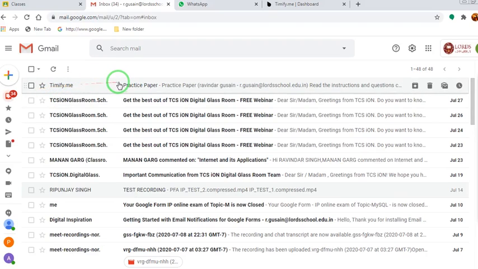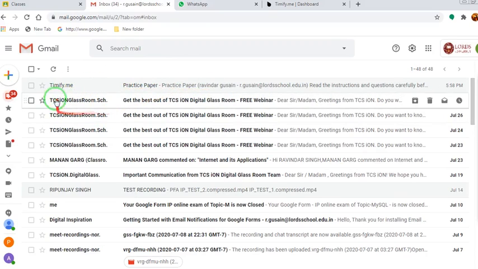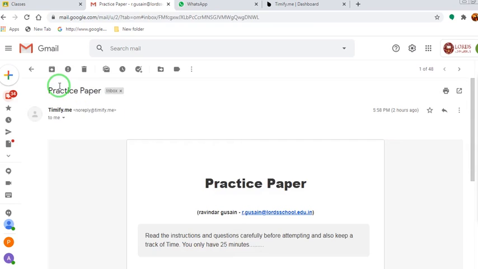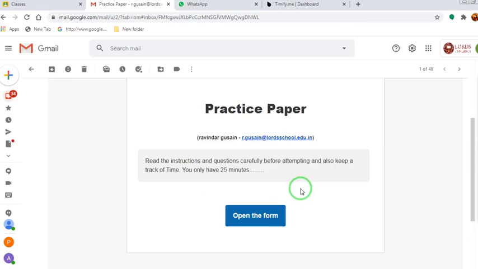You will get this link to fill out the online form, timefy.me. When you click on this link, you will get this practice paper. You have to click on open the form. You can see this button over here. So you have to click on this open the form. When you click this button,